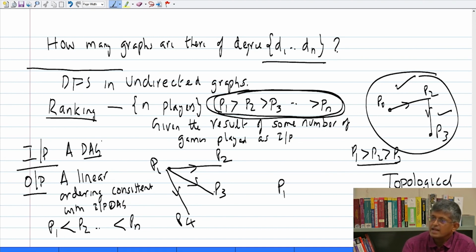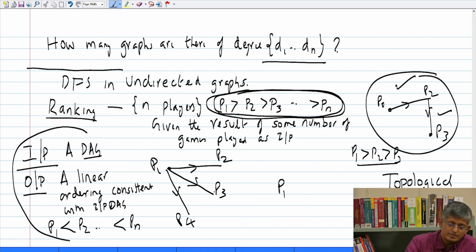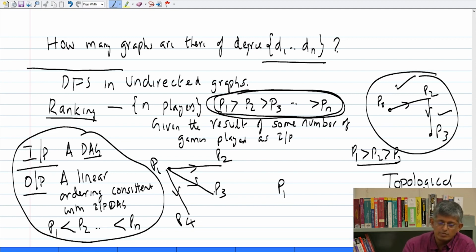Alright. Any ideas to solve this problem? I hope the problem is clear. The whole problem is here. This is all the motivation. The problem is that input is a DAG. You must output a linear ordering consistent with the input DAG. Consistent meaning that if Pi before Pj,